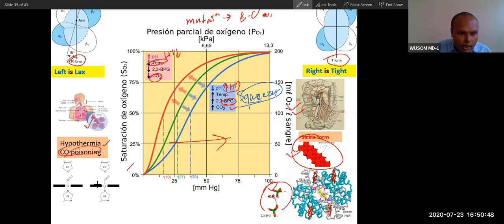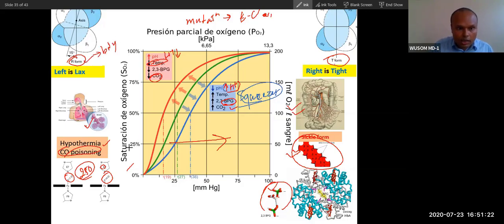Because in CO poisoning, in place of oxygen, carbon monoxide will bind with the iron with very high affinity. At the E7 position, carbon monoxide will bind. And in hemoglobin, the power of carbon monoxide to bind is about 250 times more than oxygen. And that is why when it binds carbon monoxide, this hemoglobin becomes relaxed. So this hemoglobin will convert into this form, and this form of hemoglobin is bright red.